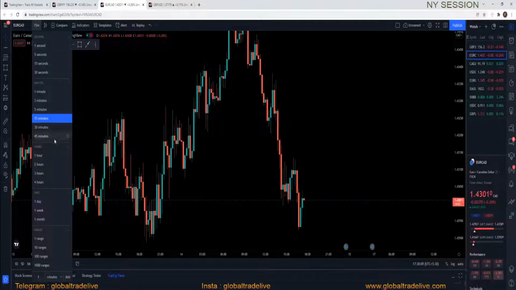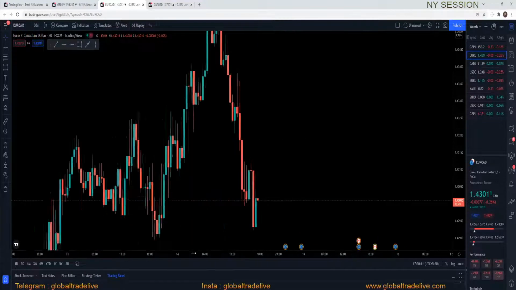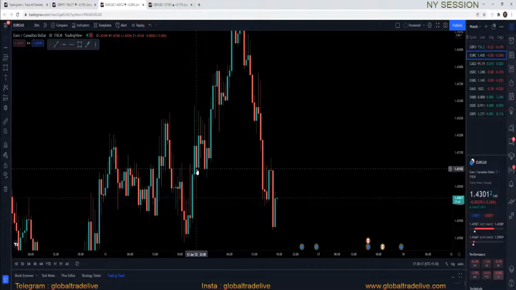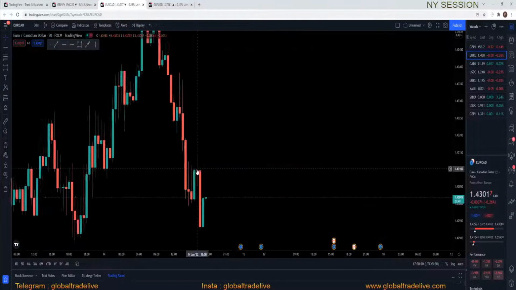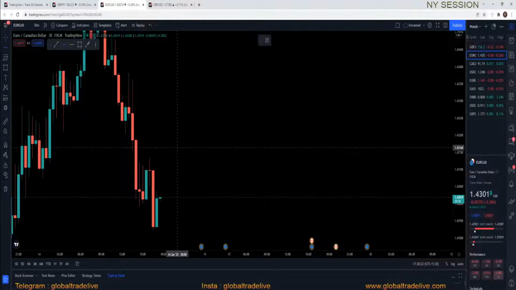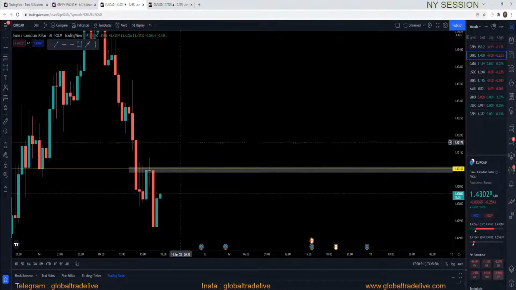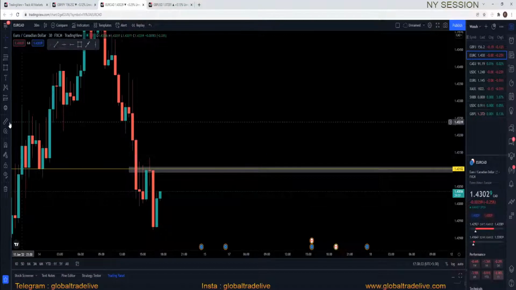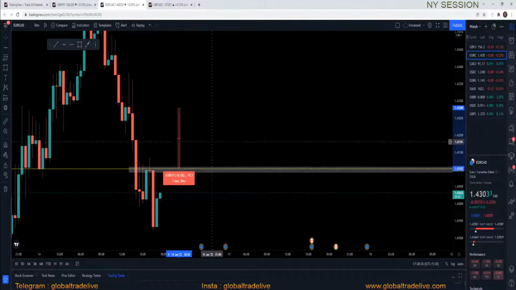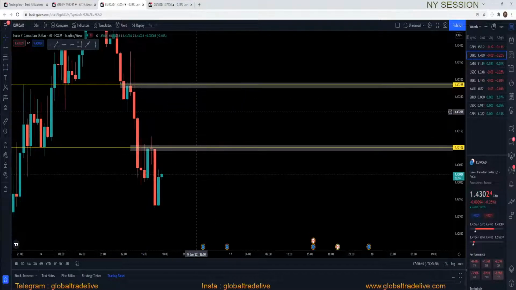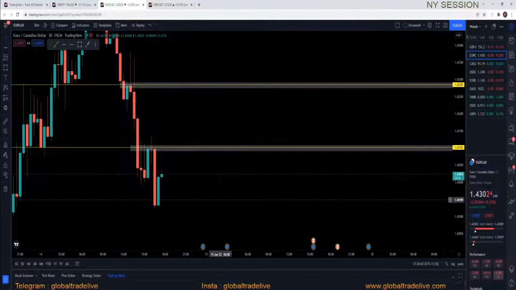We haven't talked about EuroCAD buys. Let's also talk about that. So if we talk about EuroCAD buys, then I think above this area, if I get a candle closing above this area, then I'm gonna look for buys over here. The reason is we have these clean candles, and market can go up to this point easily, and the range is pretty good. It's about 17 pips, so I don't think that there will be some problem. Also, if I take this trade in the volume time, then I don't think that there will be any problem.